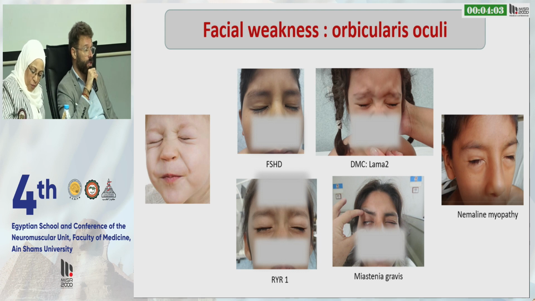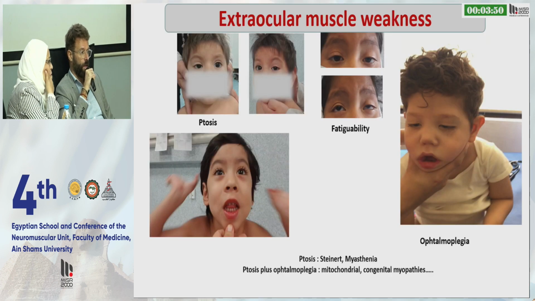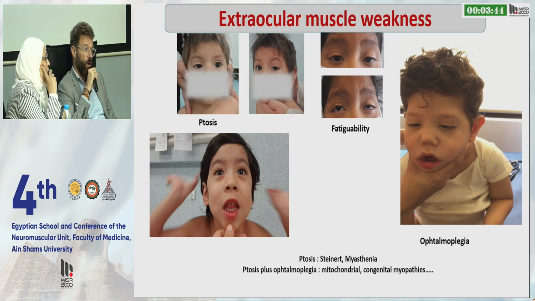But you have this alteration in many other conditions, like the congenital muscular dystrophy that you can see here, nemaline myopathy, and myasthenia. This is another congenital myopathy, the ryanodine one. And then, of course, you need to observe very well the extraocular muscle weakness. The orbicularis oculi is